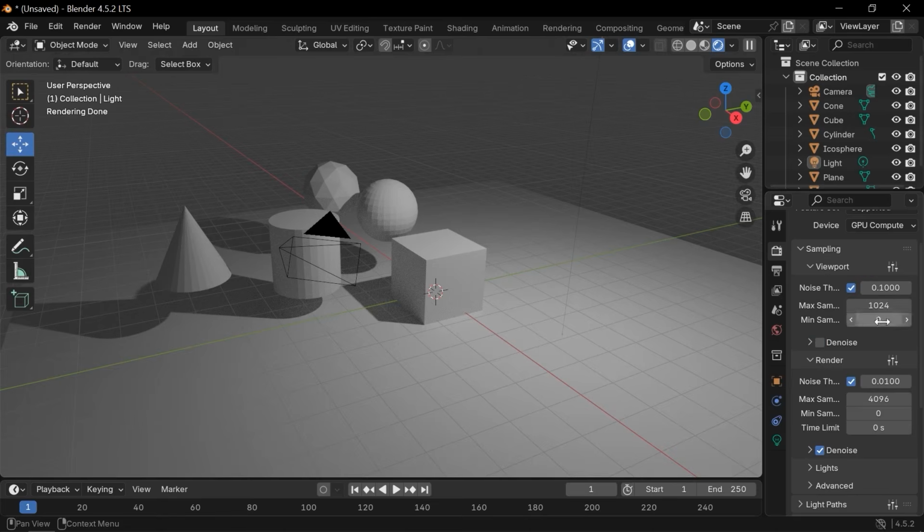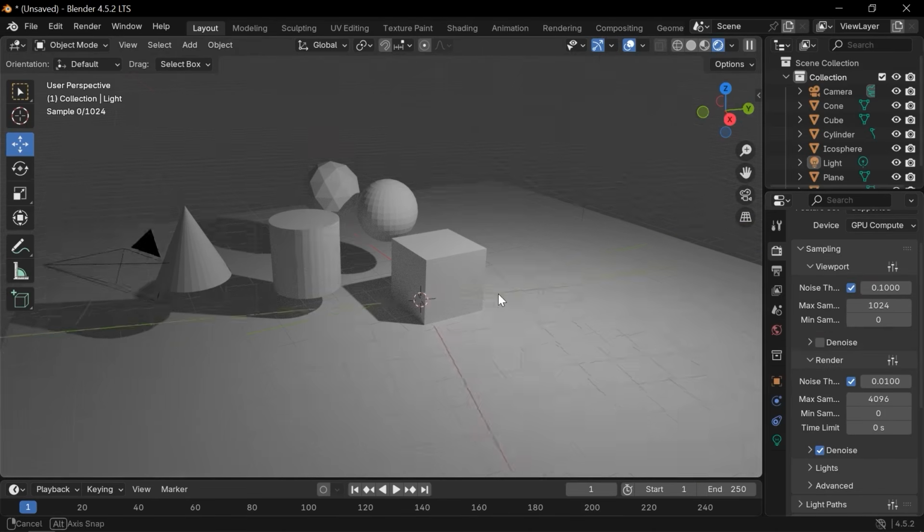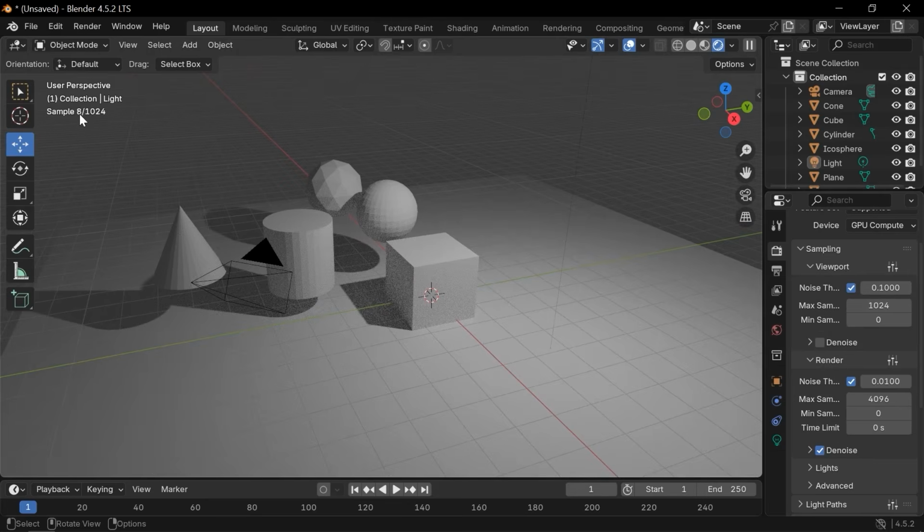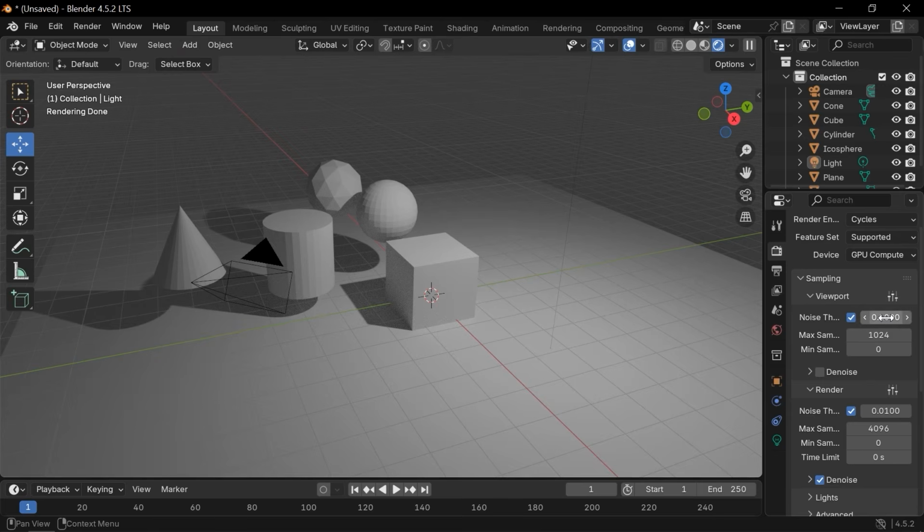Here in the viewport, the default value for the max samples is set to 1024. It means the samples need to reach the max sample, but as you can see, at 50 it stops and says rendering done. So why? Because an option called noise threshold is activated. Noise threshold means we have a rational count of noise, and if we reach a rational count, we don't continue the